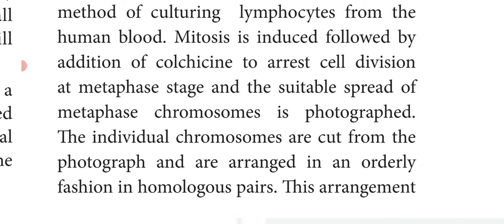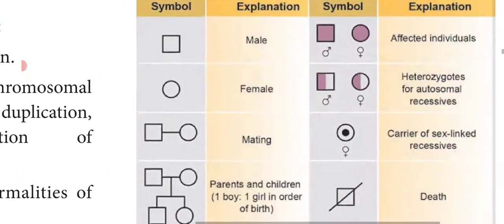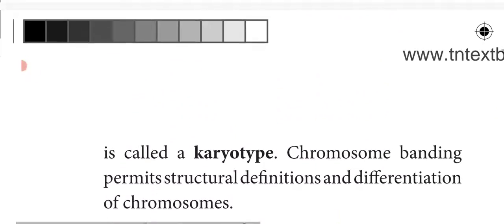After that the metaphase chromosomes are spread and photographed, and the individual chromosomes are cut from that photograph and arranged in an orderly fashion in homologous pairs. This type of arrangement is called a karyotype, and this helps in the structural definition and differentiation of different types of chromosomes. Next we will see about the applications of